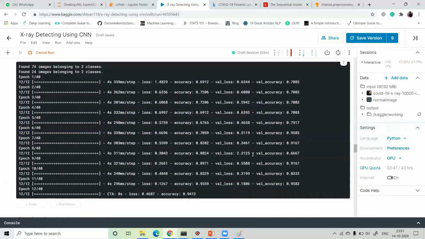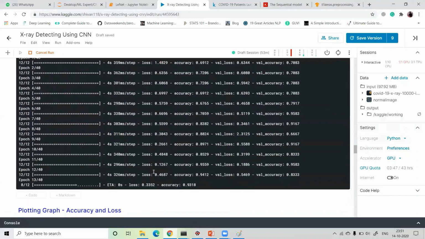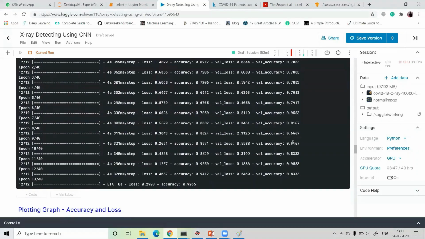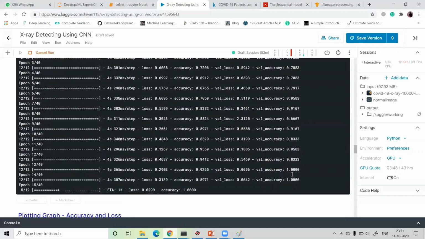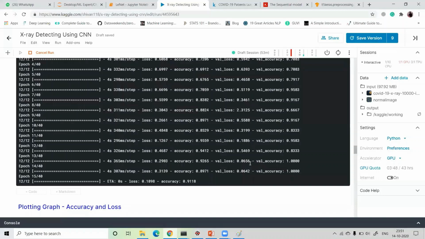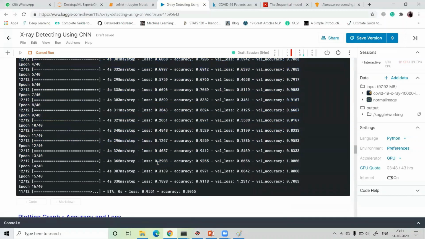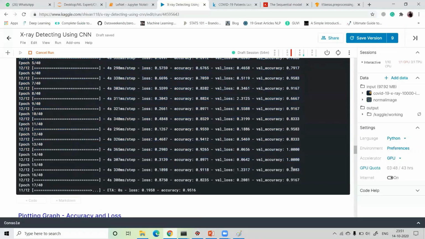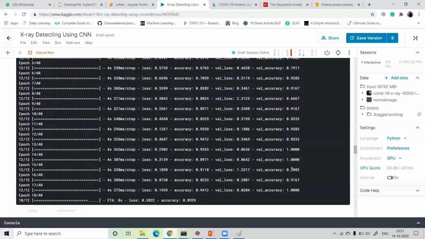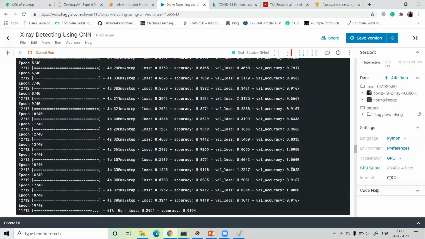So the next epoch is our 13th. See, our accuracy is increasing a lot, 91, 83, 95, again 83, then again 100% our validation accuracy. Let's see, again our accuracy is 70%. So guys, these are all trial and error methods. You can change all those things and check again and again, and then you have to validate your model.